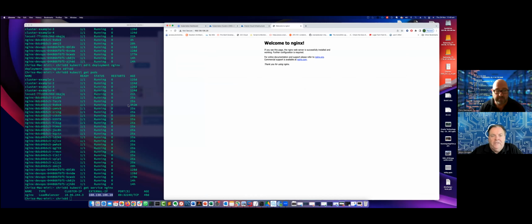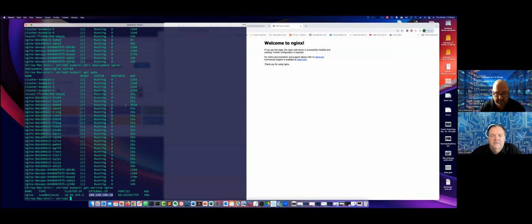Okay. And you could, of course, have a certificate on that with certificate manager. Yeah. But what it also does is that I can see that, okay, I'm hitting a load balancer, but I want to make sure that all these instances that I just created are behind that load balancer. Yeah, sure.